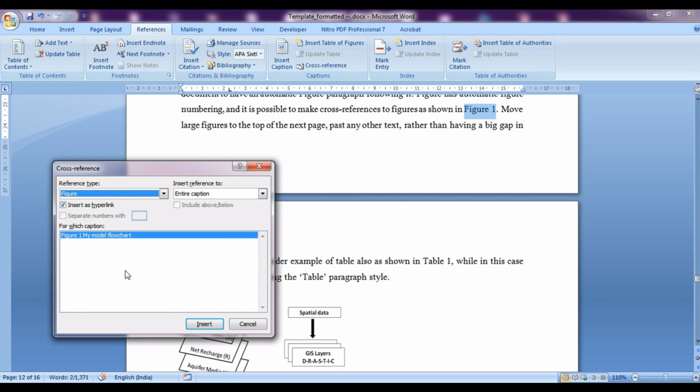If you have multiple figures, you would have a long list over here, and we can select what we want to enter: entire caption, only label and number, only caption text, page number. So now let us select only label and number and click on insert